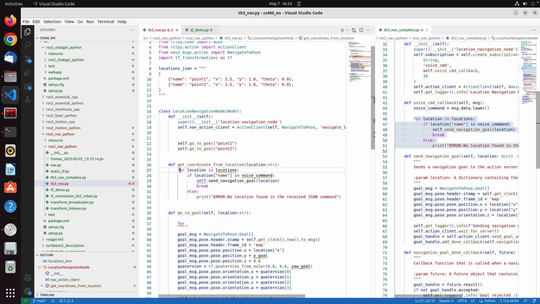For every location in locations JSON, we will check. Okay, target location. If it contains the target location, it will return